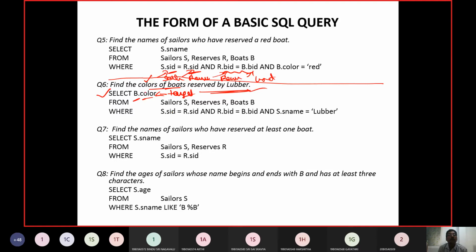Next one. Find the color of the boat reserved by Luber. Luber is going to be the sailor name. That means if I want sailor name, I have to use sailor. If I want color of a boat, then I need